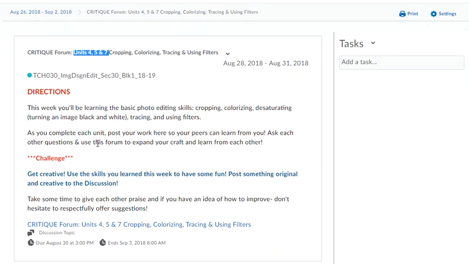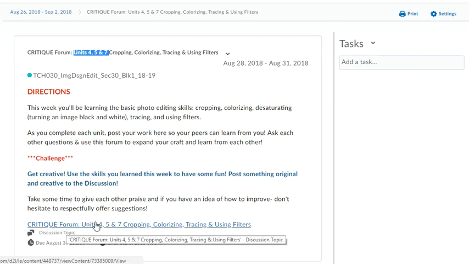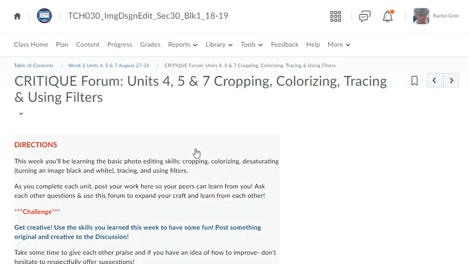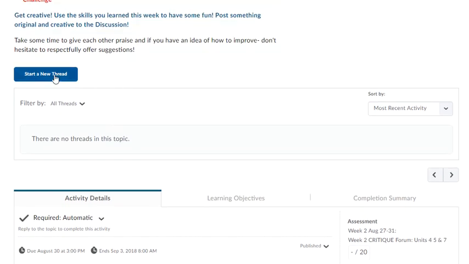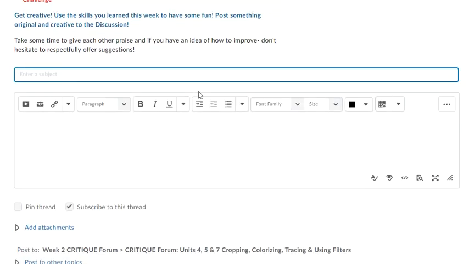All right, so as you complete each of those units, you're going to post your work here so that your peers can learn from you. And you're going to ask each other questions and use the forum to expand your craft and to learn from each other. The challenge is, do you want to get a little more out of the class and get creative and use the skills that you learn and have some fun and post something original and creative to this discussion? I hope so. So you would just go here to the critique forum and you'd start a new thread,